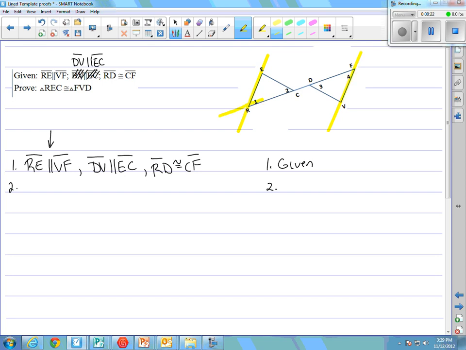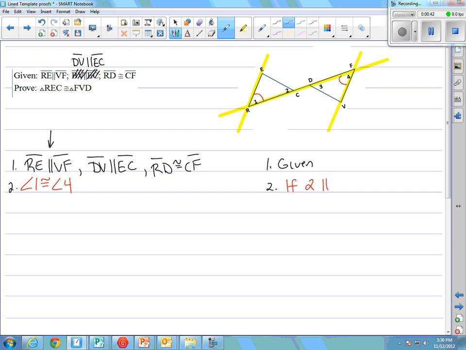And when I do that, I recognize that there's a transversal here. And whenever you have transversals, you're probably going to have either alternate interior or alternate exterior angles. In this case, I have alternate interior angles. So I want to say angle 1 is congruent to angle 4, and my reason is going to be if